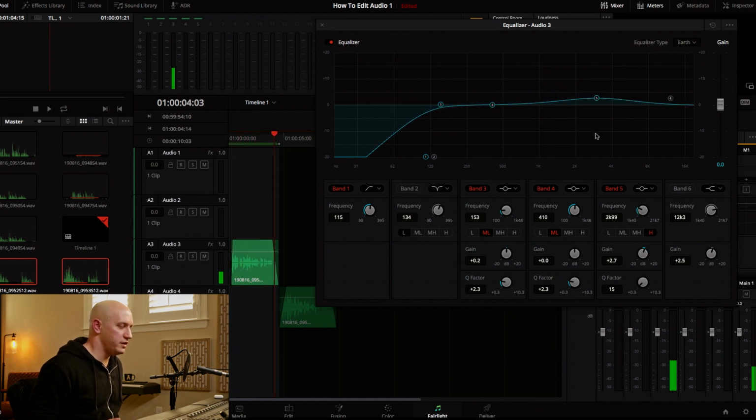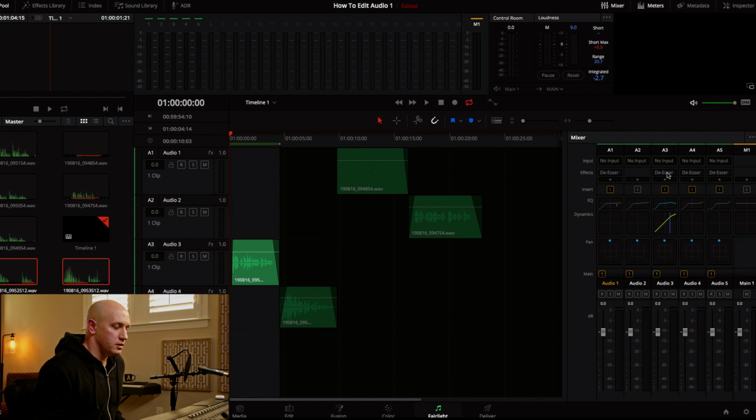And you'll notice if you lift the band here too high, it'll just start sounding strange. So you don't need to boost it very much. You only need to boost it a little bit, and you'll get just a nice little increase in the intelligibility of your vocal. So now we'll go over the third effect on this channel strip real quick, and that's the